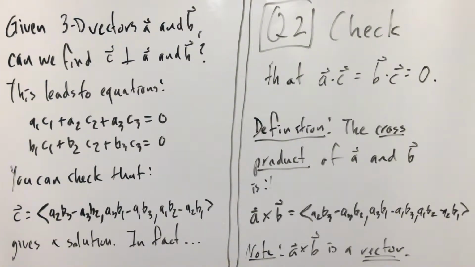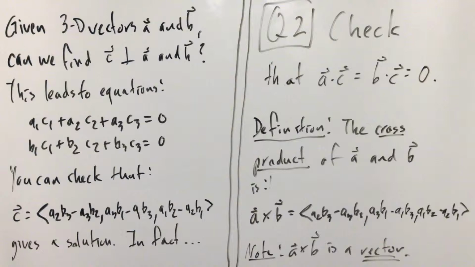So in two dimensions, given a single vector, it's pretty easy to find all of the vectors that are perpendicular to it. Assuming that it's non-zero, all you have to do is swap the coordinates, make one of them negative, and there you go. You've got a single vector which is perpendicular to the given one, and then you can obtain every other vector by taking scalar multiples of that one perpendicular guy. And that's pretty much